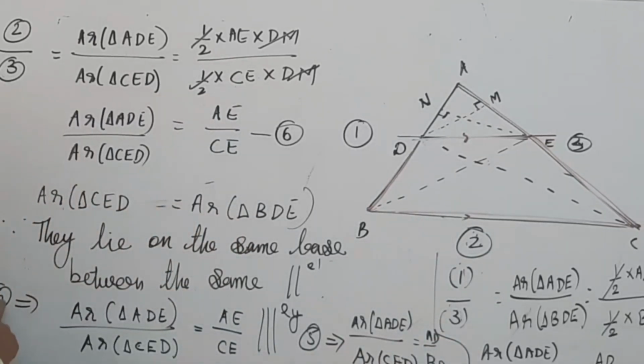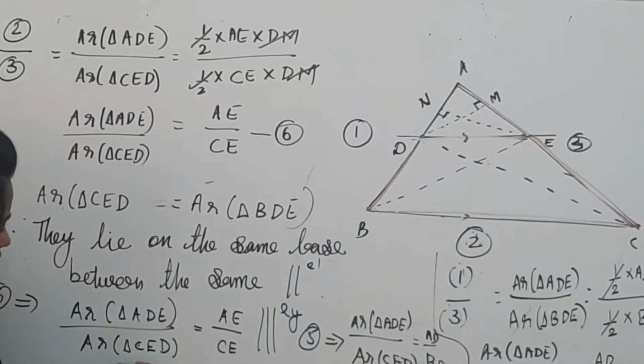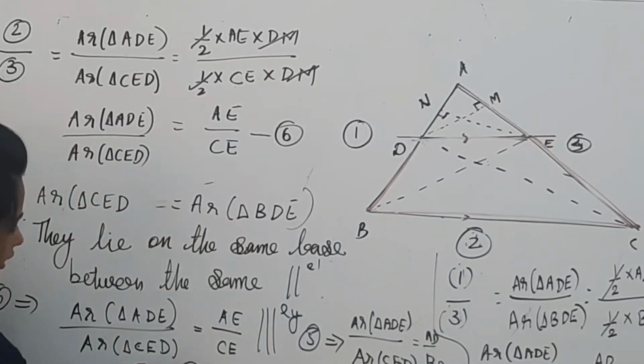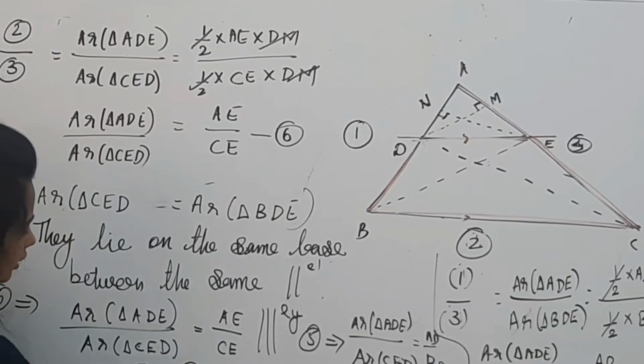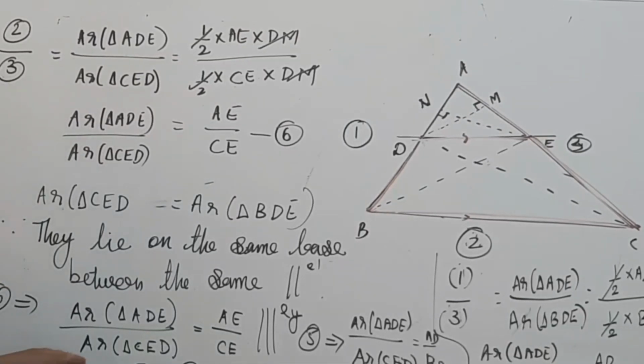So, 6 and 5, both are equal. 5 is equal to 6. That implies AE by CE is equal to AD by BD. Hope everyone understood. This is what we have to